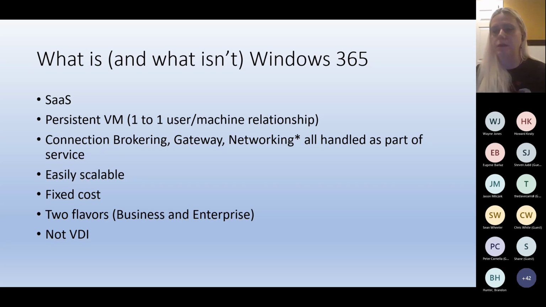You don't need to figure on the backend profile disk handling. You don't have to come up with scaling plans. It's just easy. I've been deploying Windows professionally for 11 plus years, and this is the easiest way I've ever seen to deploy Windows. So you'll see, it's awesome.